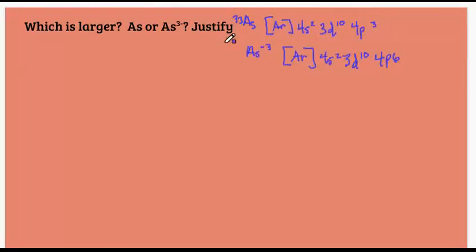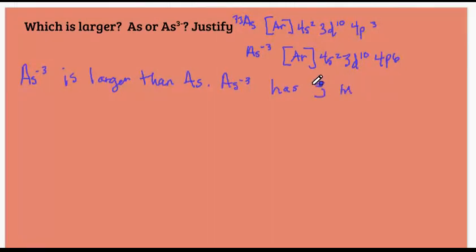All right, so there are those configurations. Which one's larger? Well, this one is going to be larger because it has extra electron repulsions. You can't just say because it's an anion. Arsenide is larger than arsenic. All right, what's the evidence for that? Arsenide has 3 more